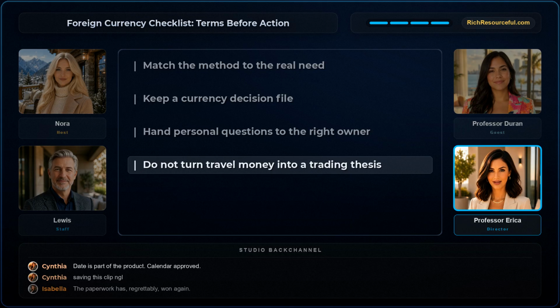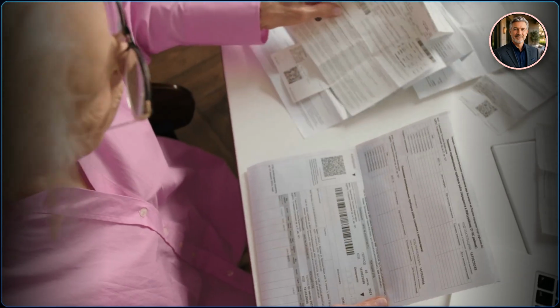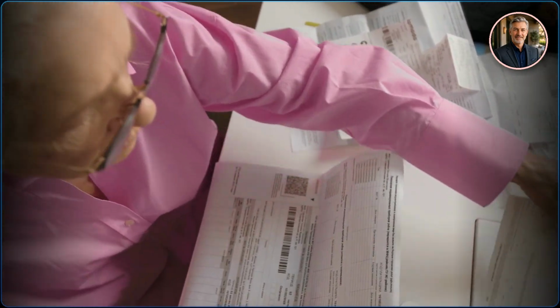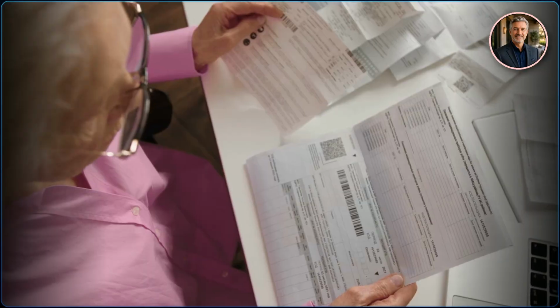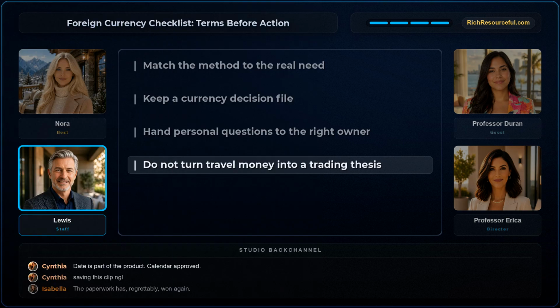If the answer is buried, ask the institution to point to the exact section, save it with the decision file, and return only after the language makes sense. And don't let a small initial deposit do the talking for you. A small deposit can still sit inside a contract with large sensitivity. Read the obligation, not the advertisement.